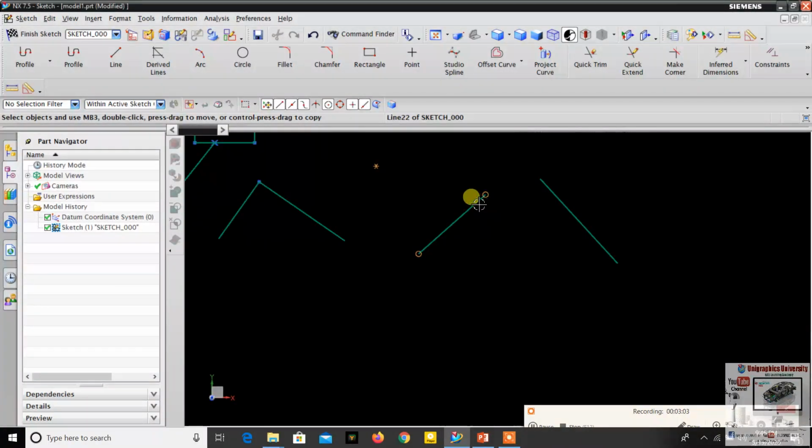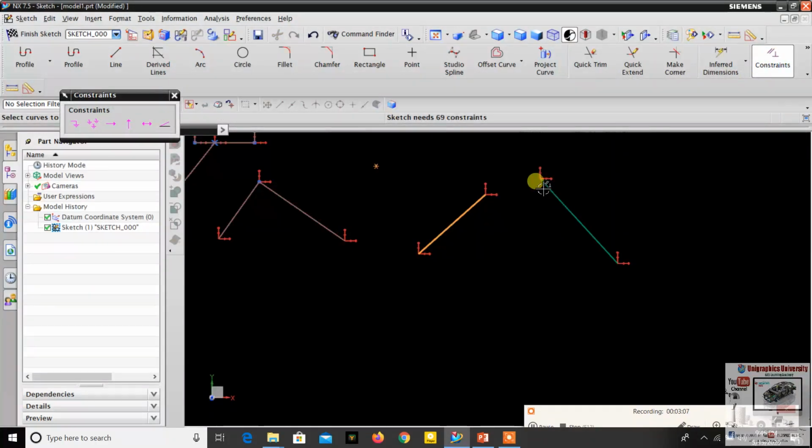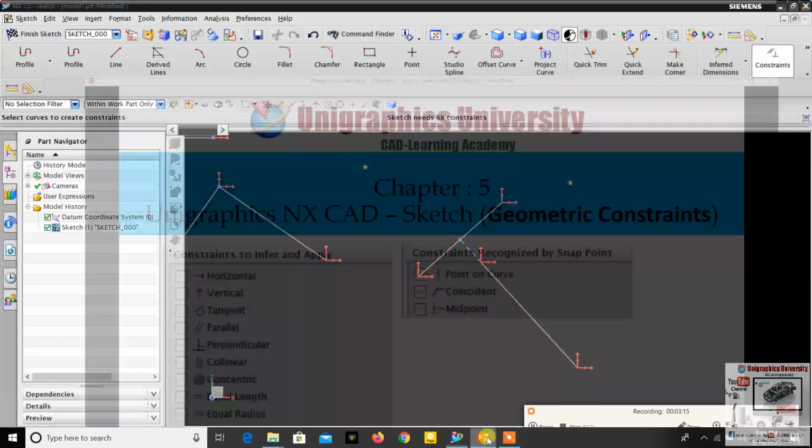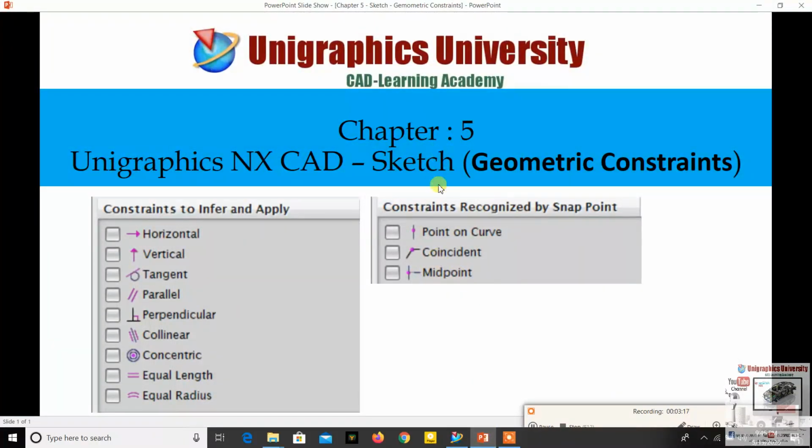So I first choose this line, then choose constraint, then press this line's endpoint, then choose midpoint. So the line will be moved to the center point of this line. So this is about the midpoint constraint. These are the options used in the sketch environment. While you're doing a sketch, geometry constraints are important.